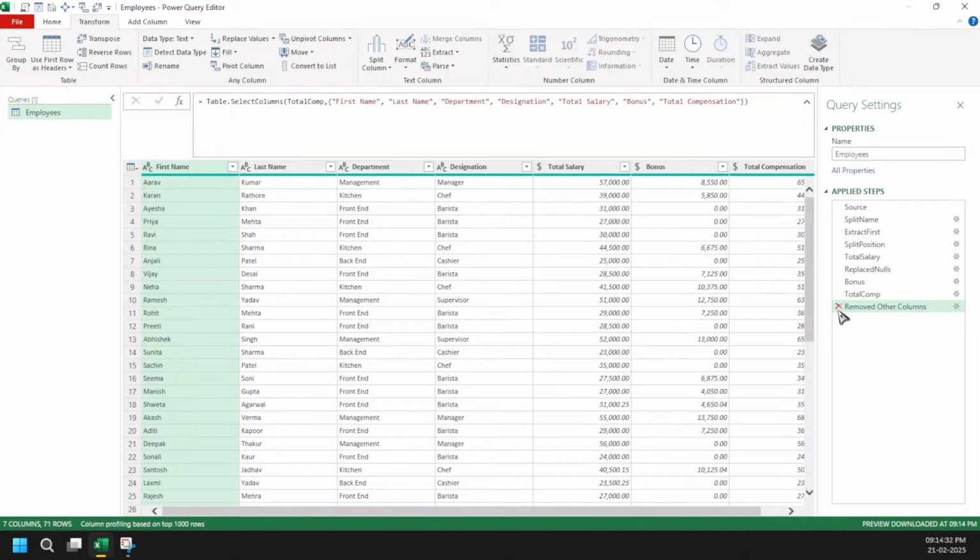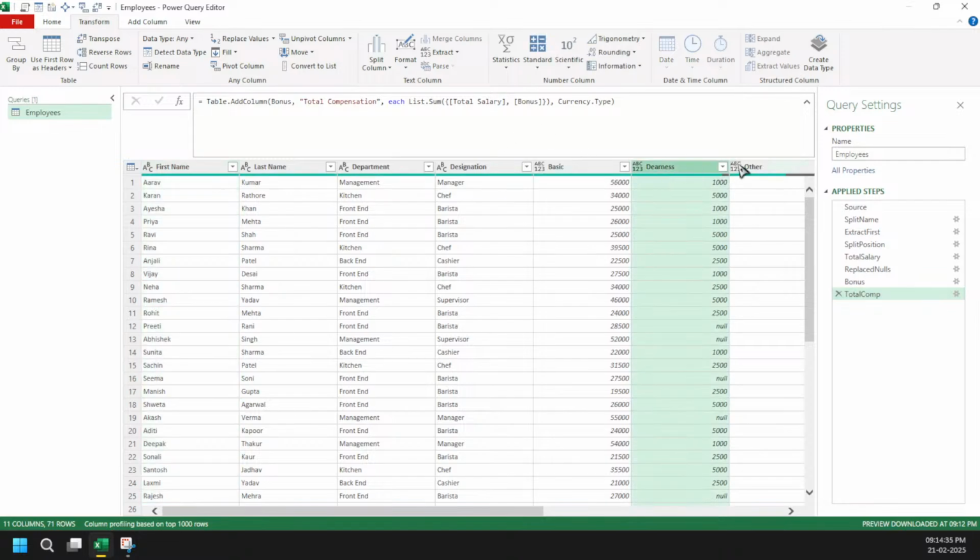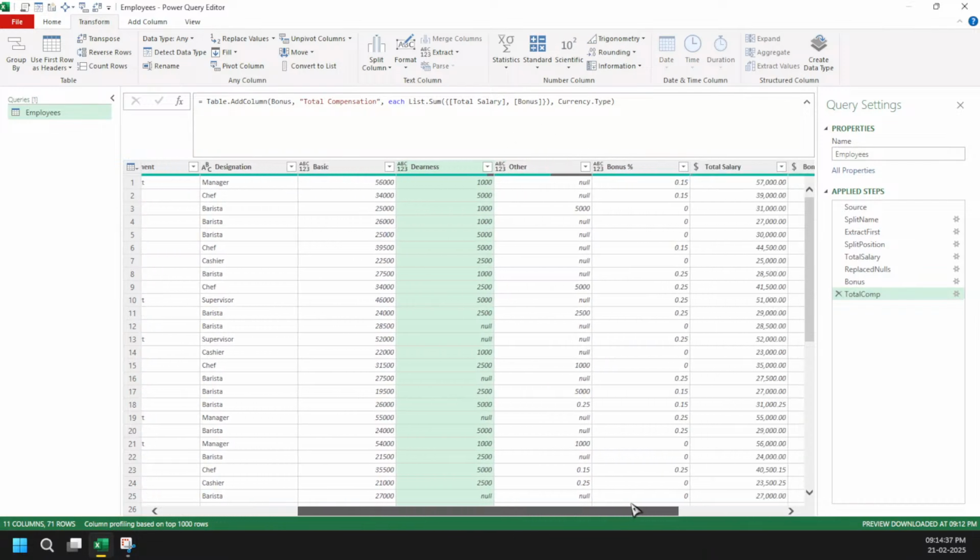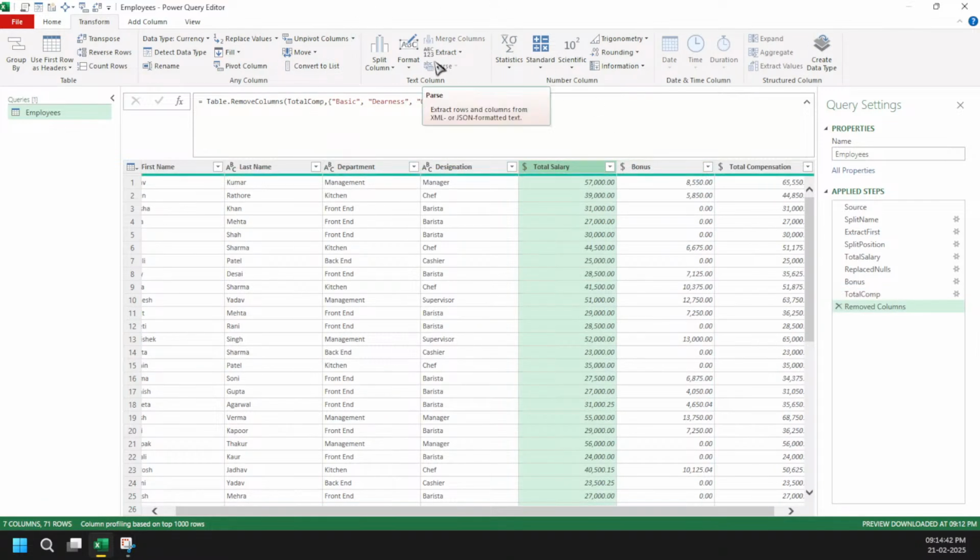But here I know the purpose of these columns has been done. So what can I do here is I can come here and do the remove columns. Got it? It just depends on what you want to keep at the end of the day. If you don't want these four columns only, then use remove columns. If you want to keep the fixed columns, then yeah, table.select columns will be good to go. So I'm going to say here remove columns.